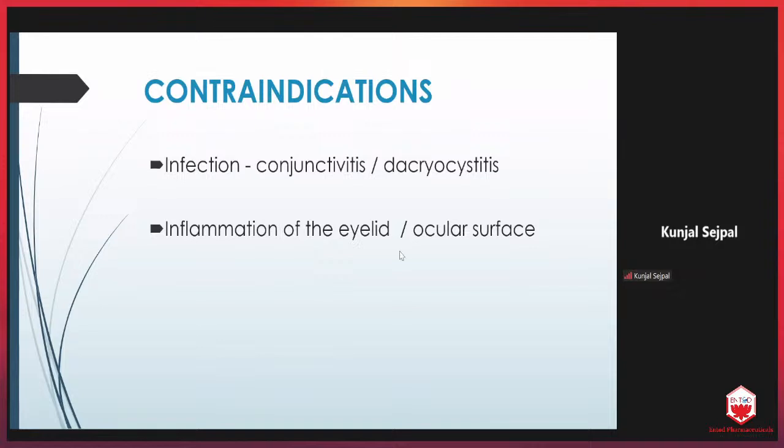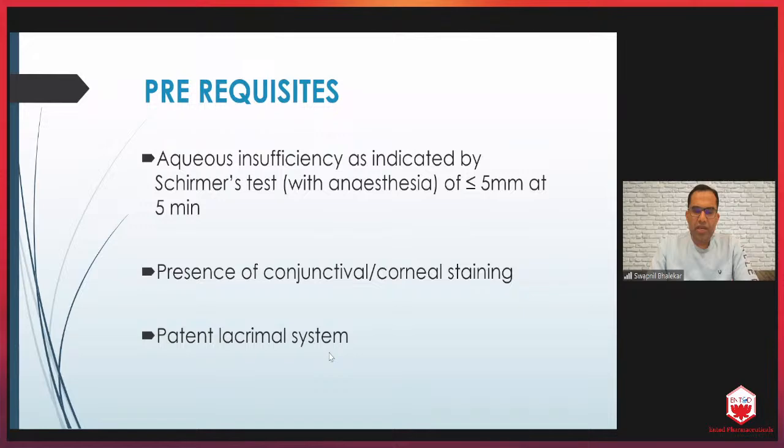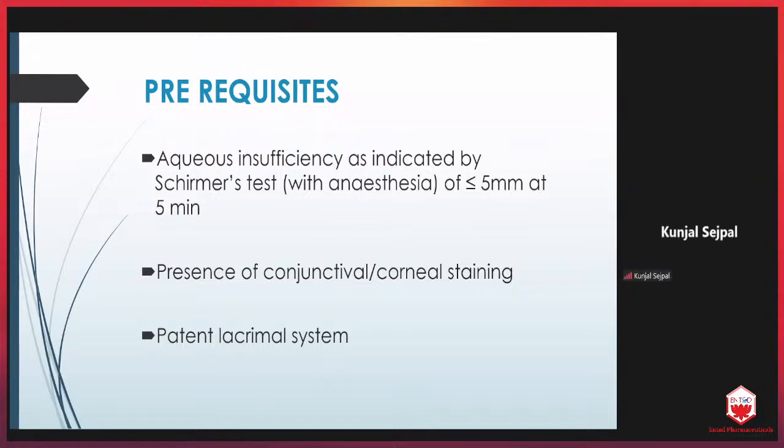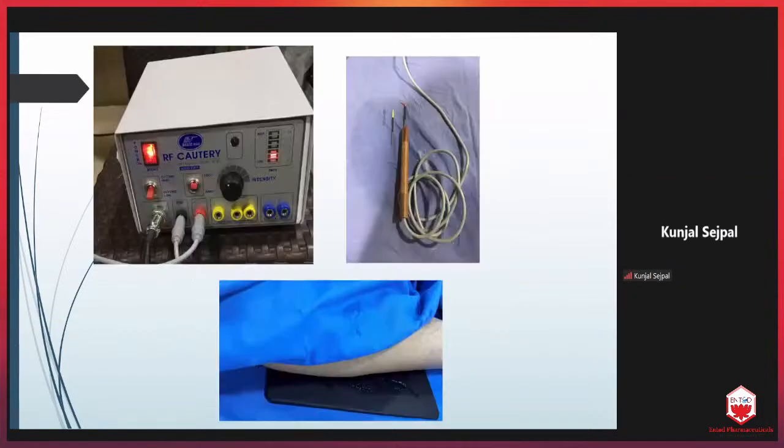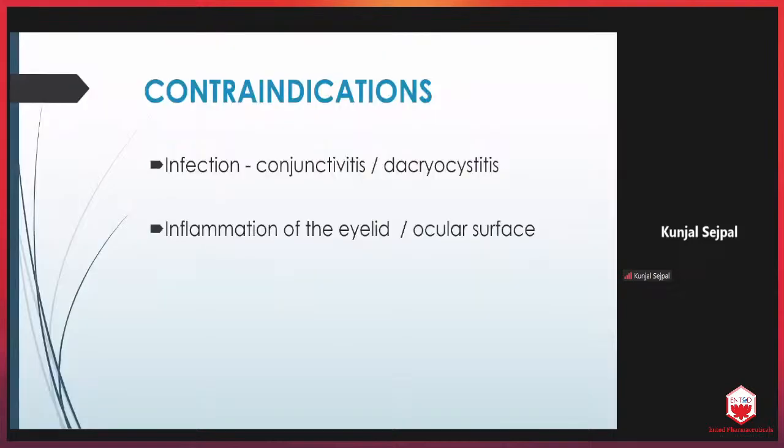So the contraindications for cautery are having an infection, or when the ocular surface is very inflamed; then you have to wait for some time before you do the cautery. Then you are stuck. Yeah, the video is stuck. So practically, the indications of punctal cautery in our practice are severe primary and secondary Sjogren's syndrome and Stevens-Johnson